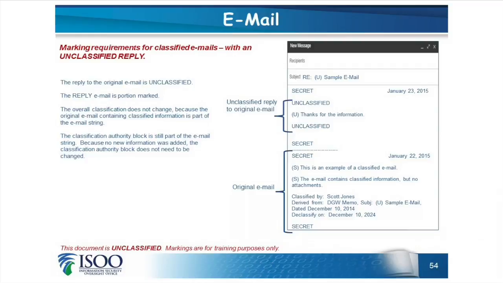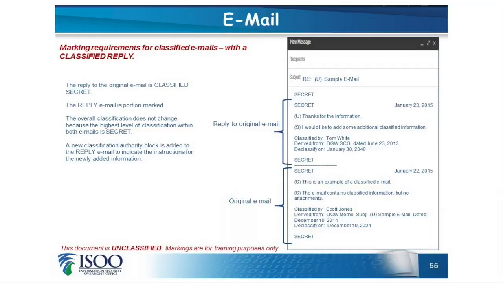For example, if you reply to an unclassified email that had a classified attachment, the attachment would drop off the package. Therefore, your new overall classification would be unclassified. However, if you forward the email and the classified attachment remains, then that would factor into the overall classification of the email as a whole. This is an example of an email thread with a classified reply to a classified email. Both the original email and the reply are marked as individual documents. The overall classification will indicate the overall classification of the email thread as a whole. If you add additional classified information to your response, then you must add a new classification authority block for the